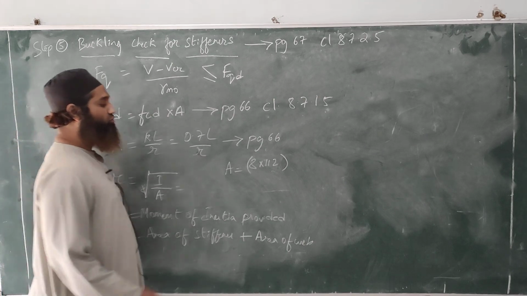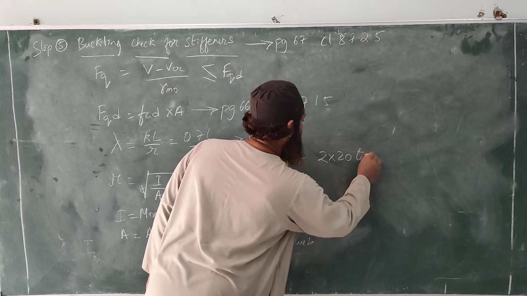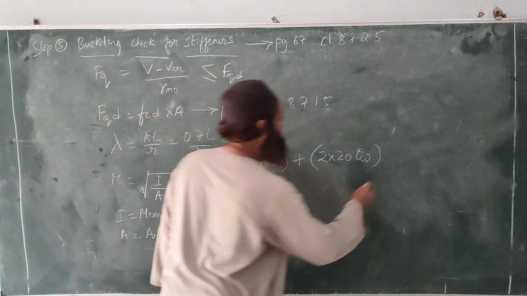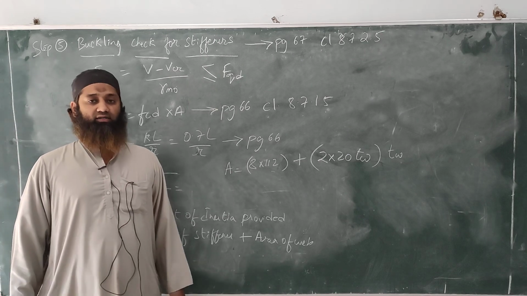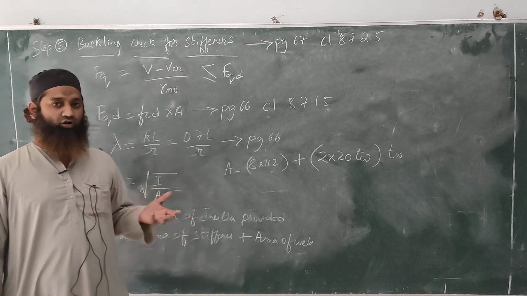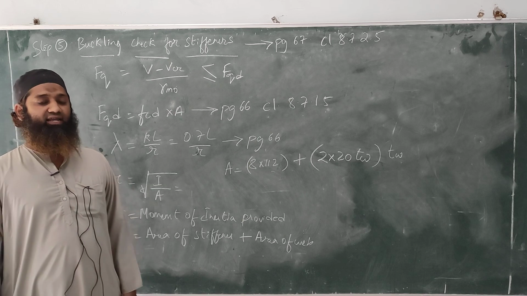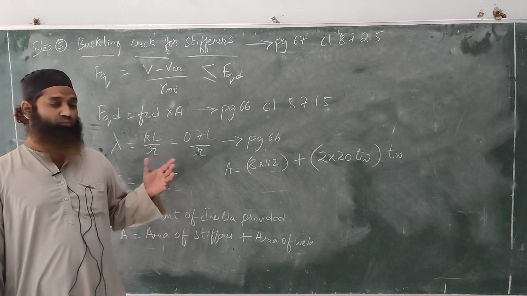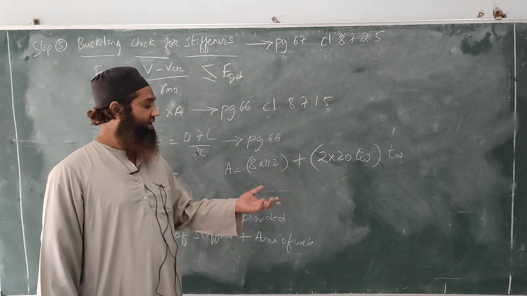web, that is 2 into 20, as the clause says, 2 into 20 times TW. As the clause says, we'll have to check this. We'll have to check the stiffener, the area of the web around both the sides of the stiffener. Basically what we are doing is, as this stiffener is provided close to the web and it is providing resistance against buckling, we'll have to see what is the stress coming onto the stiffener on both the sides of the web, not only at one side of the web but on both the sides of the web. That is what the clause says.